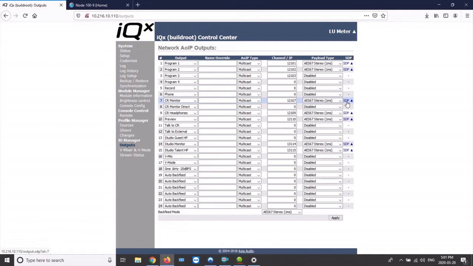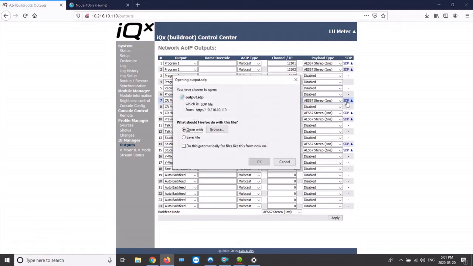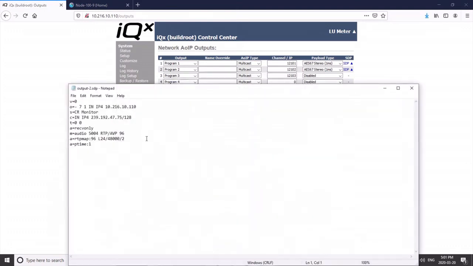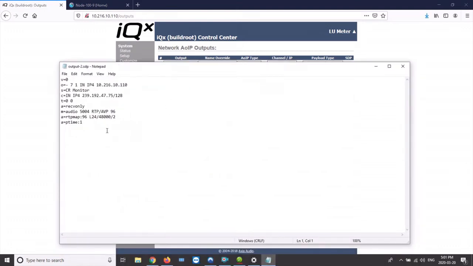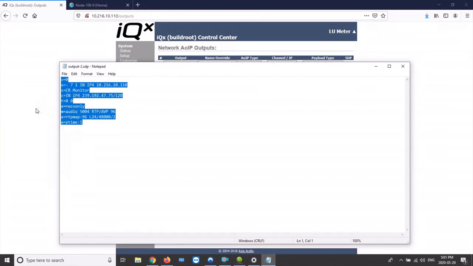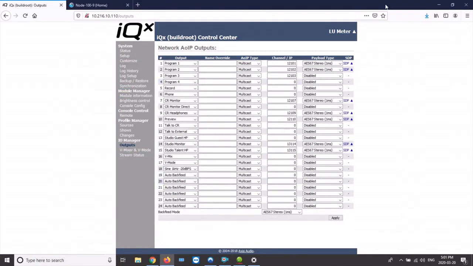This is the important part, the SDP file. Boom. You want to open it with, I selected Notepad. Copy that, all that information. You can take that, and now